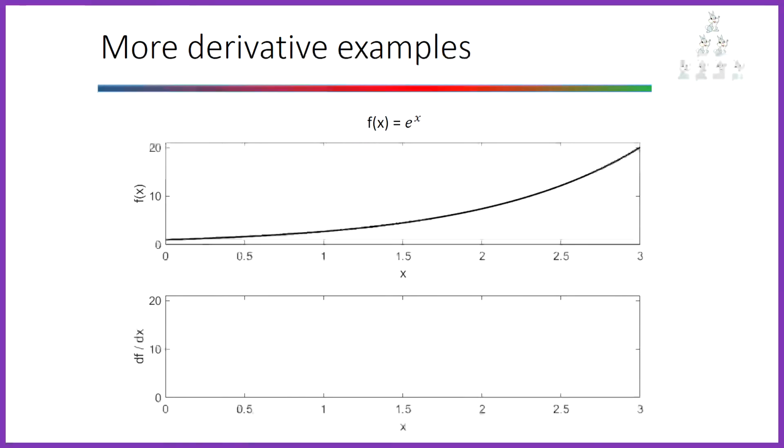Next, let's talk about the exponential function, which we've encountered when studying population growth rates and looking at how rabbits grow when they're breeding like rabbits. The exponential function starts off by increasing slowly, but it continues to increase faster and faster as it goes along. This means that the slope gets steeper and steeper, and the derivative also becomes larger and larger over time. This makes sense with what we know about exponential growth. The more rabbits there are, the higher the growth rate will be, so the higher the